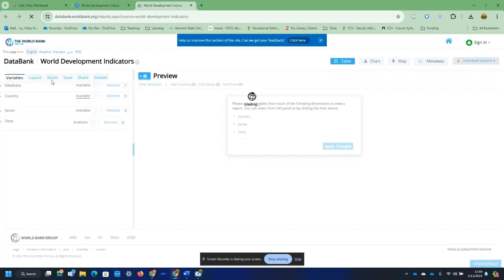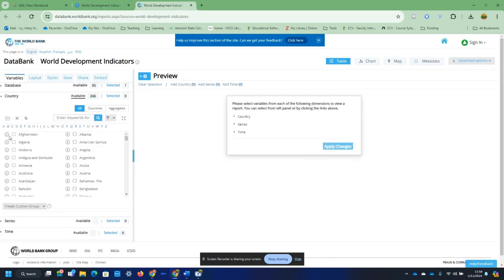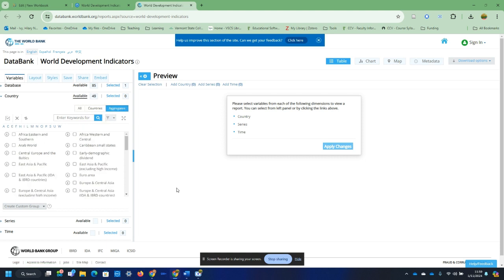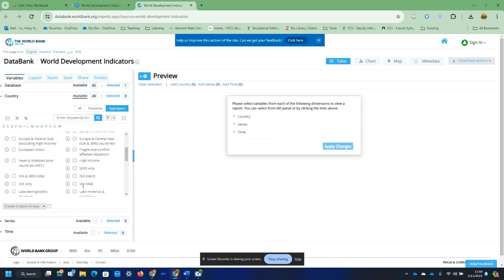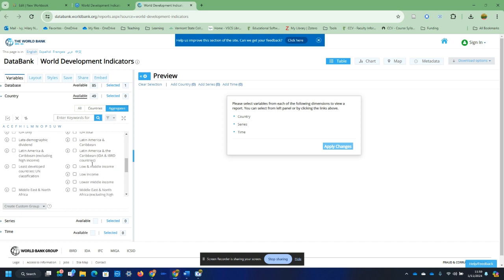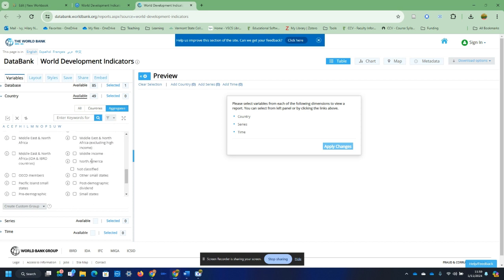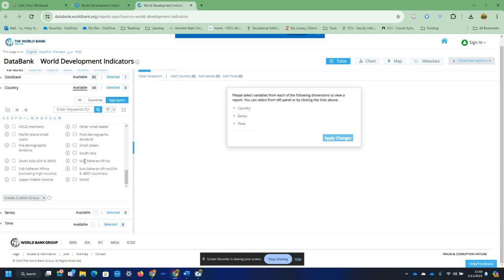All right, so I'm going back in here. I don't have anything selected right now. Instead of selecting all countries, I'm going to come on over here to aggregates and make some decisions. Now, there's a lot of different ways I could aggregate this. I could do it by income level. I could do it by geographic location as well. So I am going to do it by